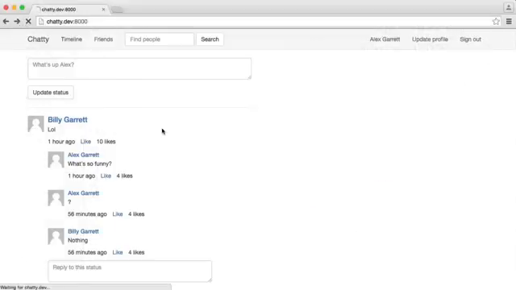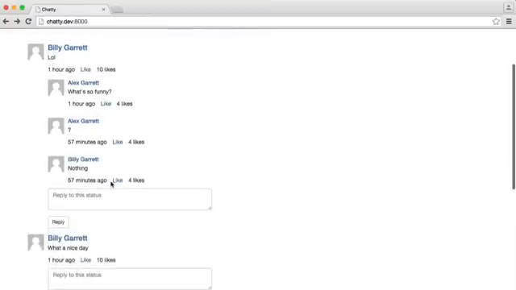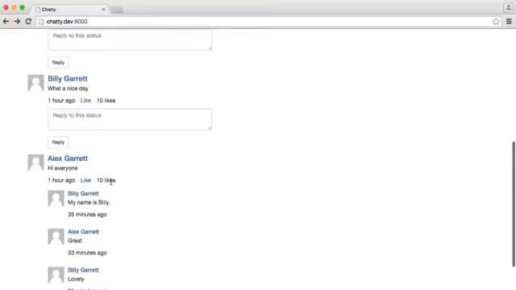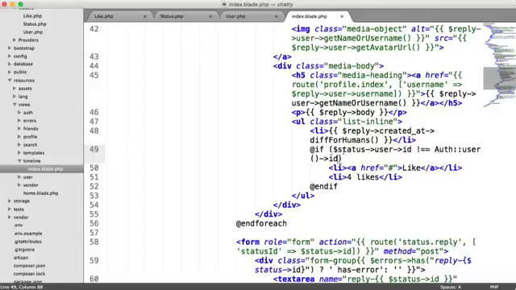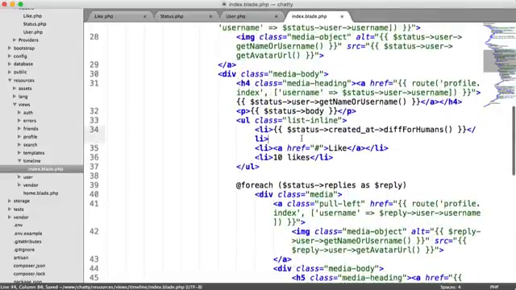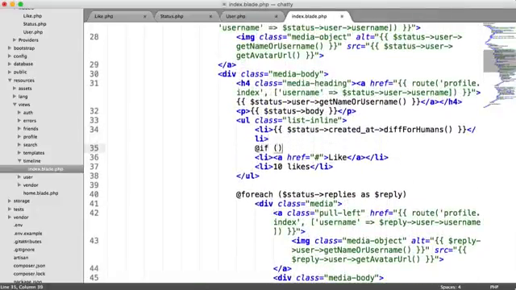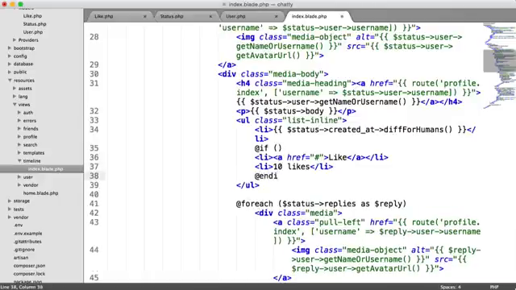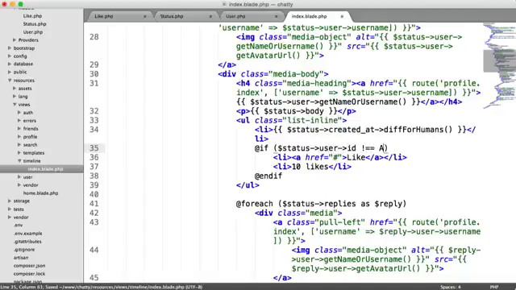So on here, you can see that for my status down here, and this should be reply user ID. We'll do the same for the one up here as well. So let's just do that. So if the status user ID doesn't equal the currently authenticated user ID,